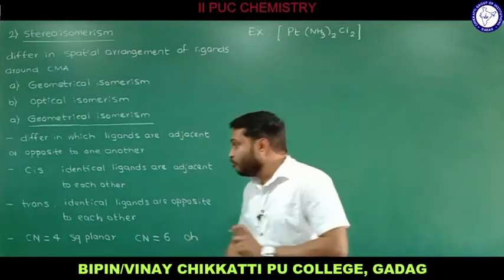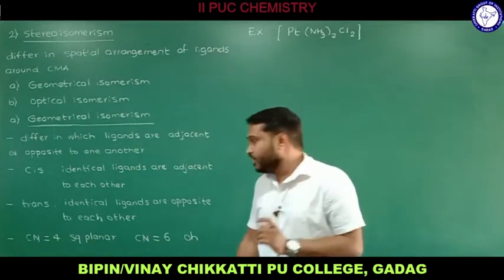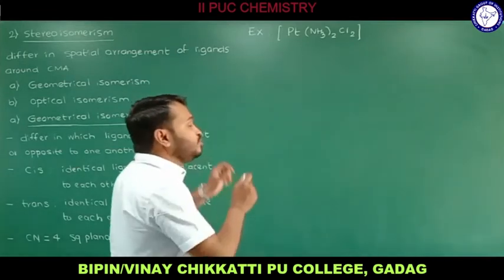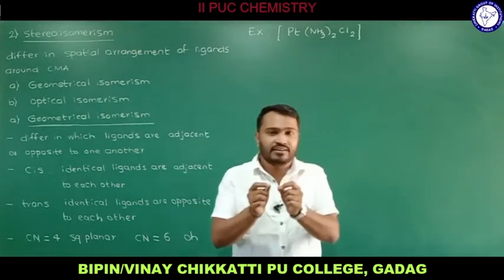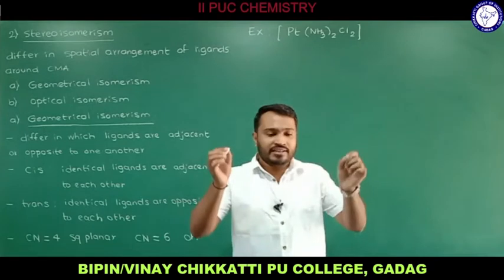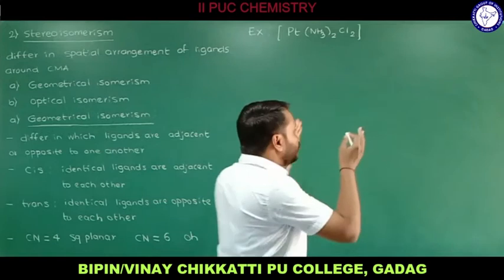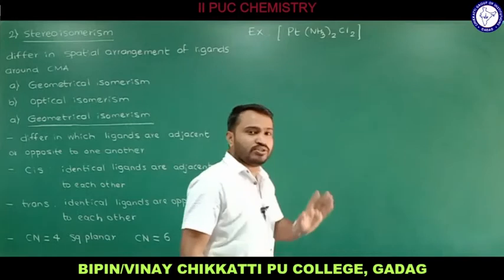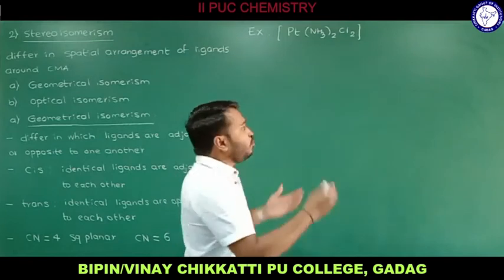As I said, a complex with coordination number 4 shows geometrical isomerism in square planar geometry only. So here the geometry I am going to draw is square planar. I hope you know how the square planar geometry looks. In the center we have the central metal atom, and the 4 ligands occupy the 4 corners of the square. In a plane we observe the central metal atom as well as the ligands. Since this compound shows geometrical isomerism, we can draw the cis isomer and the trans isomer based on the position of the ligands.